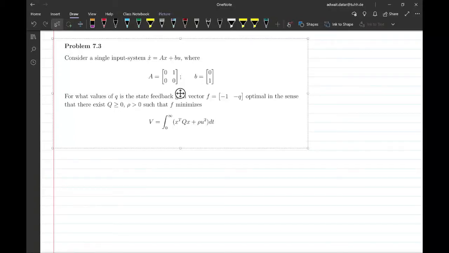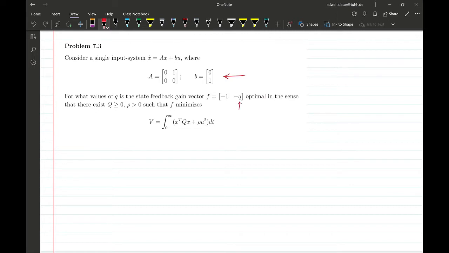So, problem 7.3 is on your screen now. Let's have a look at this problem. We are given a state space model x dot equal to Ax plus Bu, where the model matrices A and B are given. We are asked to find